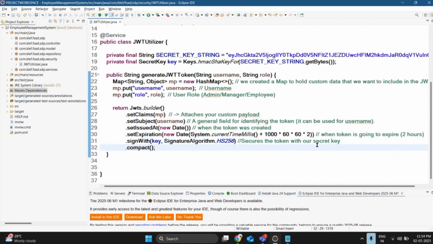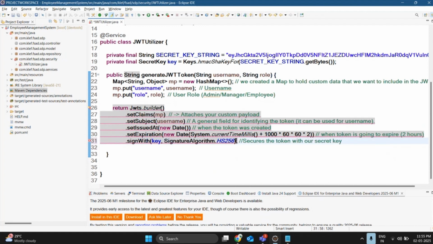Compact. Why are we using dot compact? Can anyone say what the use of compact is here? Let me remove this compact. Everything is an error, guys. If I remove compact, everything is an error. Why? Because see,